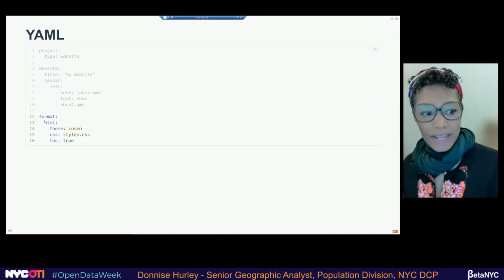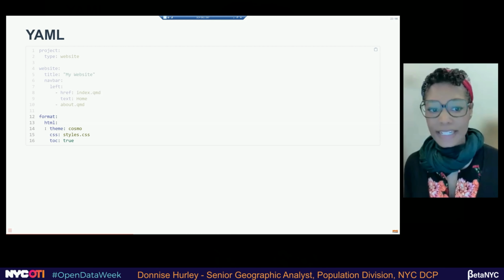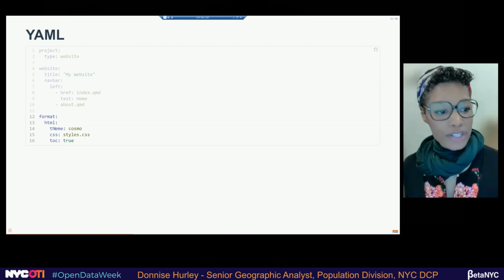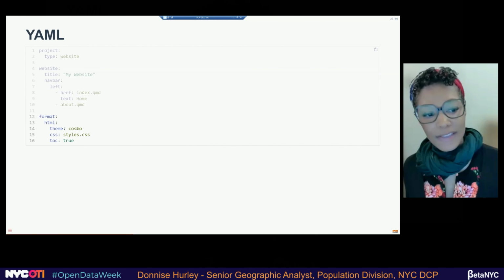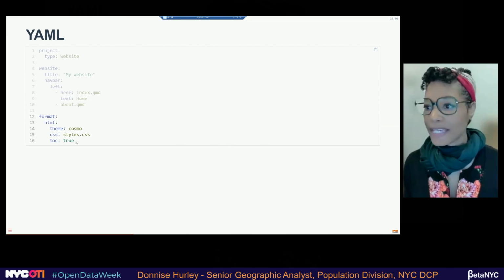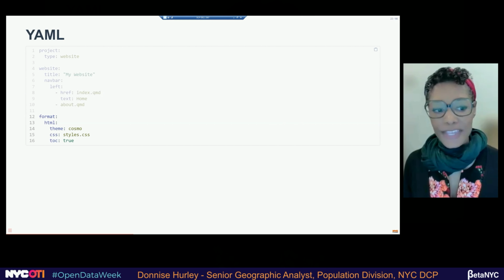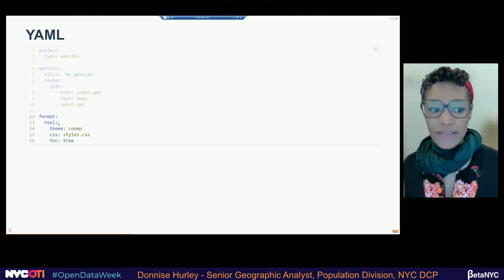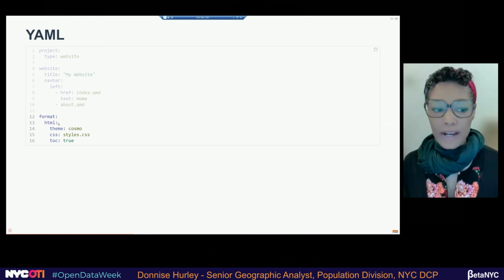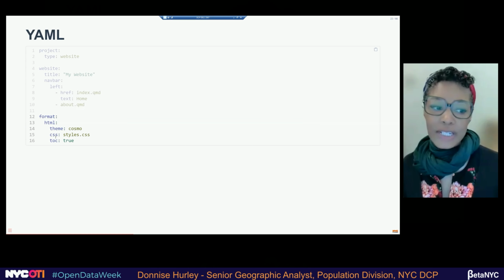And then you format your HTML here. And this is also where you would add format PDF or format Word. It would just go underneath the format option. So with HTML, you get a theme. And these are Bootstrap themes. And you can go to the Bootstrap website and look at what themes you like. But you can also change it. You don't have to take whatever is given to you out of the box, but you can adjust it or write your own using the cascading style sheet.